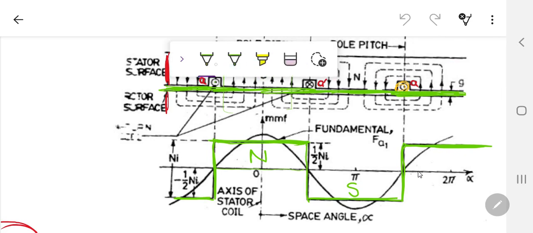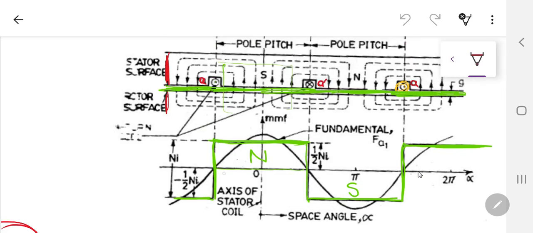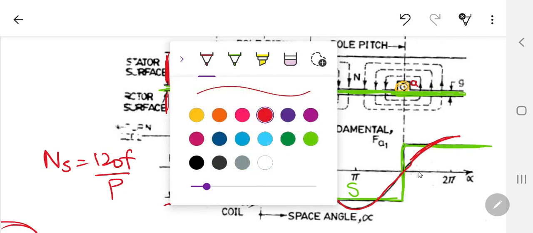So the fundamental which you are going to plot over here is that fundamental waveform. This fundamental is going to be a sine wave of 50 Hertz frequency, or whatever frequency you have applied on this machine, because we all know that the revolving magnetic field always has 120 f by P. So this red color is going to be the fundamental, and certainly there is going to be a third harmonic also present.